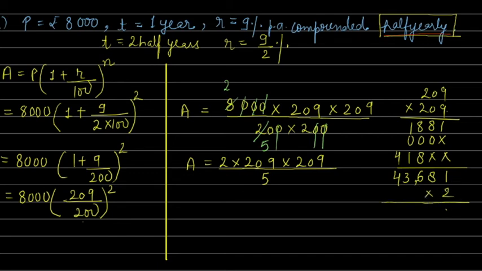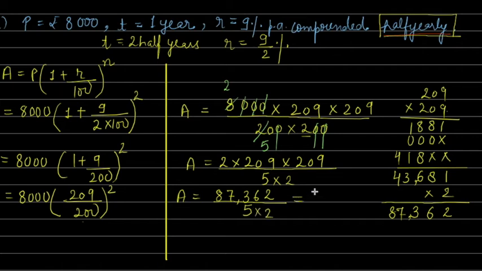So how much? 2 ones are 2, 2 8s are 16, 2 6s are 12, 13, 2 3s are 6, 7 and 2 4s are 8. So the amount is coming out 87,362 to be divided by what number? It is a 5 in the denominator, right? So it is coming out this much. Now we have to divide this number by 5 and there is a 2 also, right? So this is into 2 into 2.